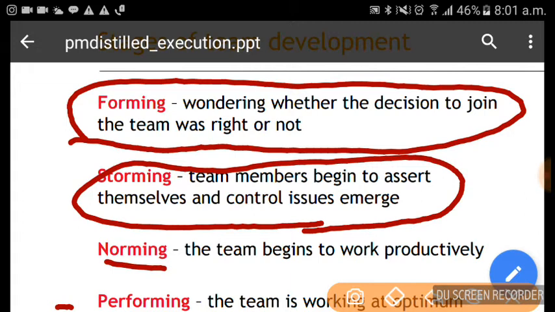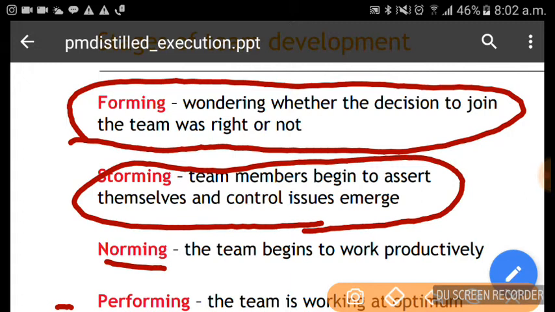That is the forming stage. The manager plays the role of a counselor. Then storming, there can be cultural issues, there can be small fights, a small disagreement. So when the team is storming, the manager should play the role of a moderator.